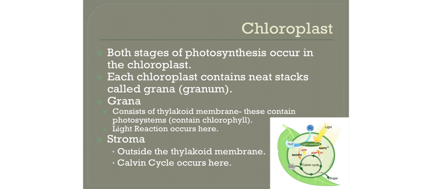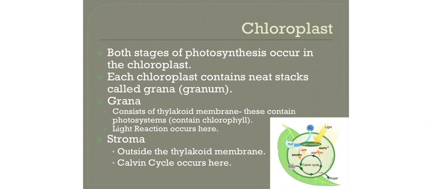So hopefully you know that photosynthesis happens within plants, but where exactly does it happen within plants? It actually happens in the leafy area. So in the leafy area, there are multiple structures that are responsible for this cycle. Both stages of photosynthesis occur in what's known as the chloroplasts, and chloroplasts are located in the leaves of